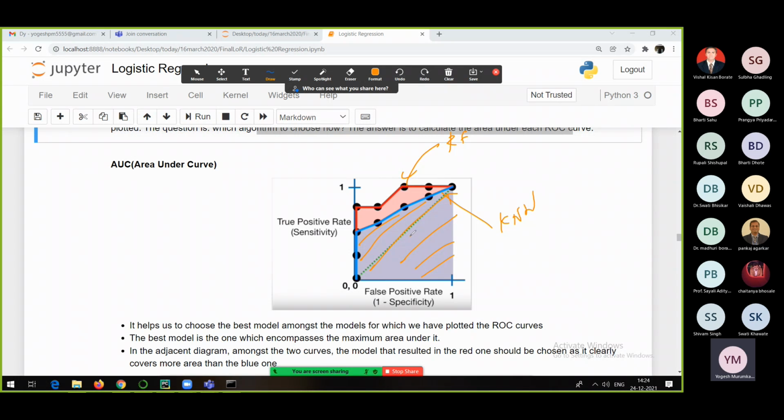Let's say this one has 70% area, and the red one has more area under its curve, let's say 80%. So random forest has more area under the curve compared to KNN. So our best model is going to be random forest.